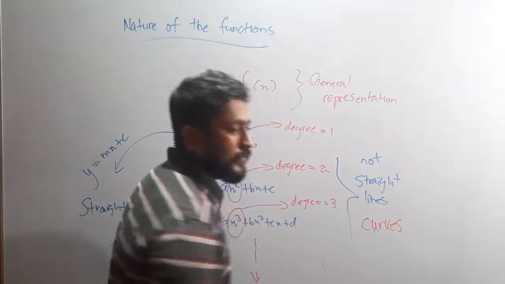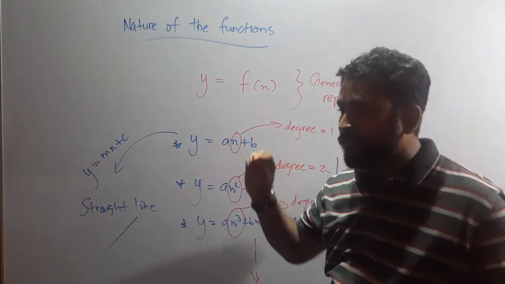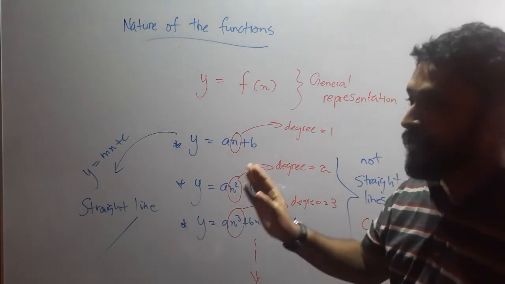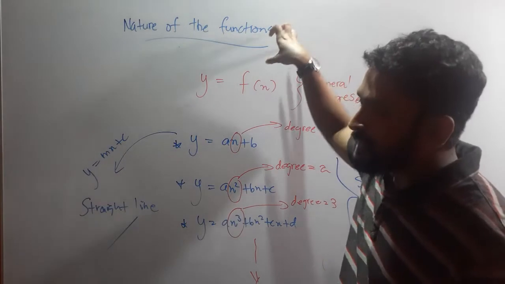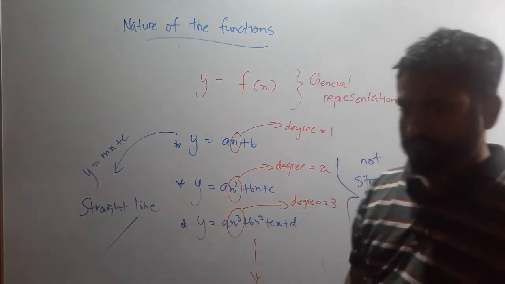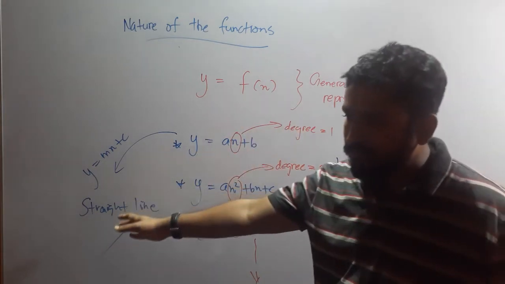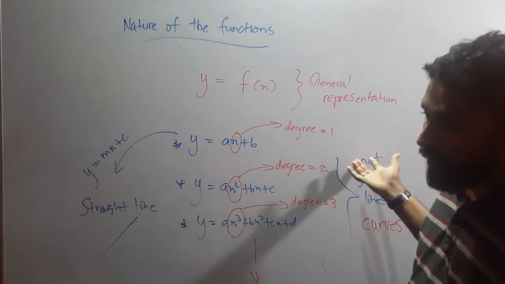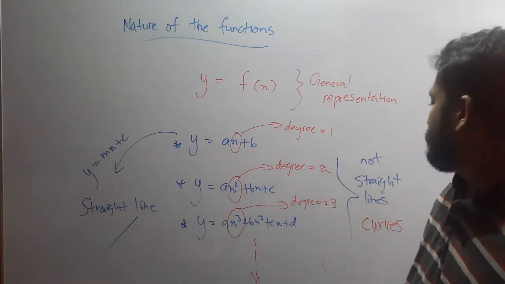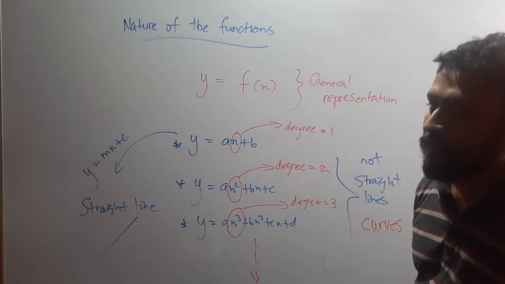So that's how the degree of the function or the expression decides the nature of the graph. Again, if the degree is 1, the locus or the diagram is a straight line. If the degree is not 1, or greater than 1, it is not a straight line, which means that it is a curve. For sure everything is curves. Got it clearly?